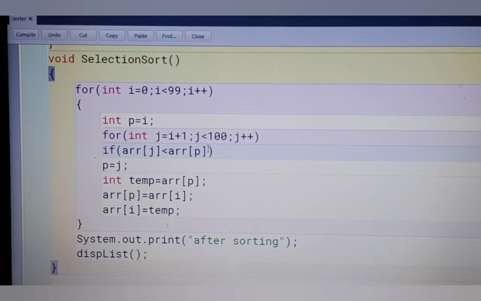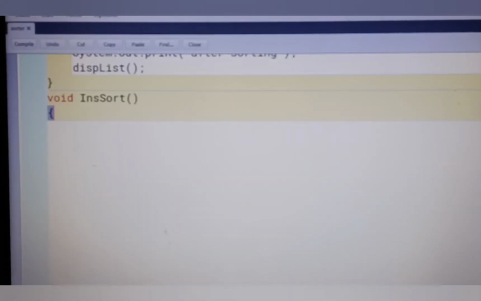Next method is insertion sort. We already discussed this. In this method we have to arrange the first 50 elements in descending order. So let's start the next one: void insSort function.